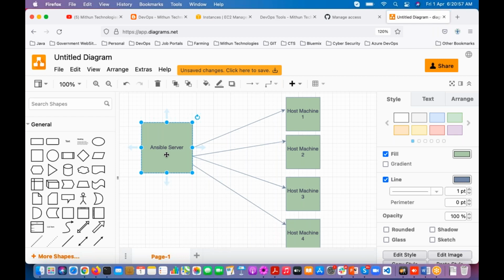If you run that playbook in the Ansible server, whatever configuration management we require, it is going to perform in all the host machines. You don't want to connect manually to these servers. We are automating instead of manually connecting to those 500 servers. The Ansible server will connect and perform whatever task we want.